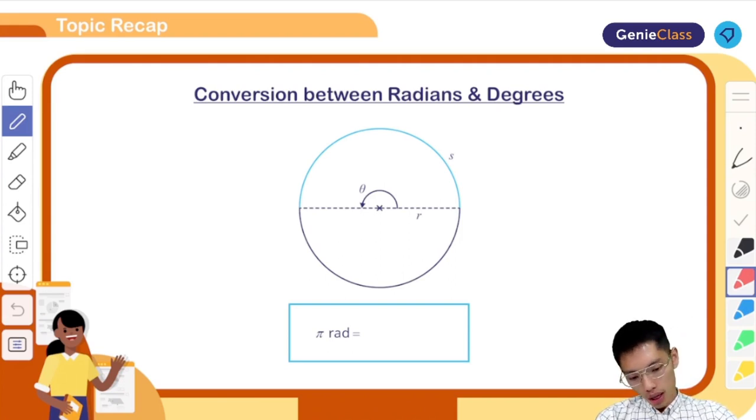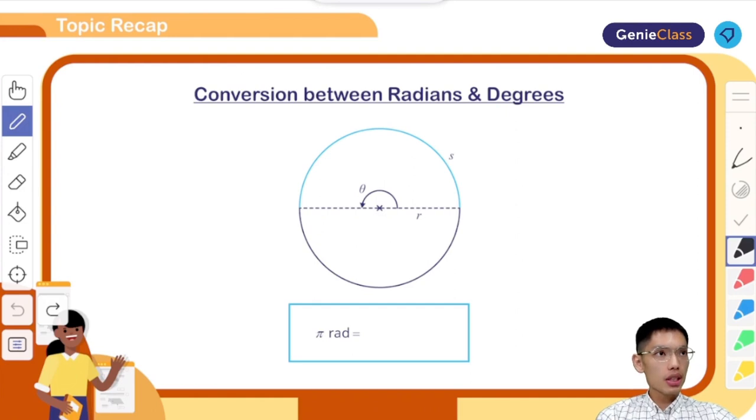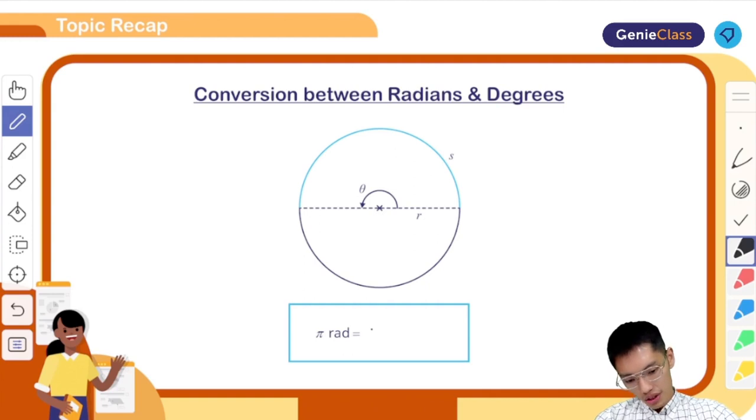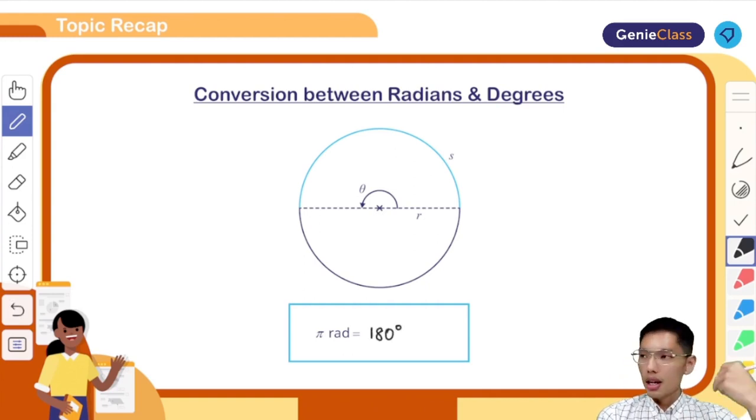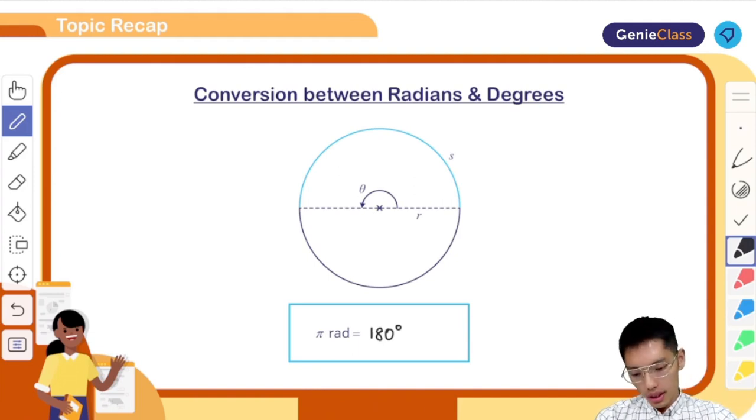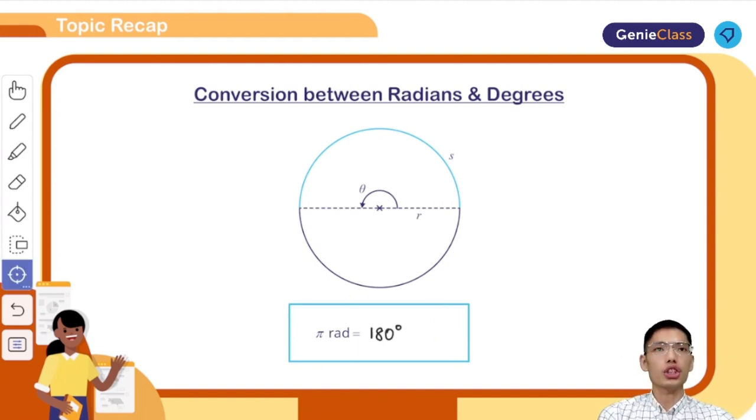Okay, it starts with 1. Sorry for that. Pi radian is how many degrees? Alright, very good. Pi radian, I think some of you know already. Take note Pranav, that's not correct. That is 2 pi. So I actually just need 180 degrees. So once you have this, pi radian equals 180 degrees, that is your basic unit of conversion to convert between